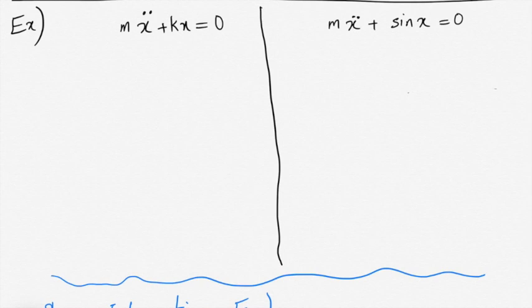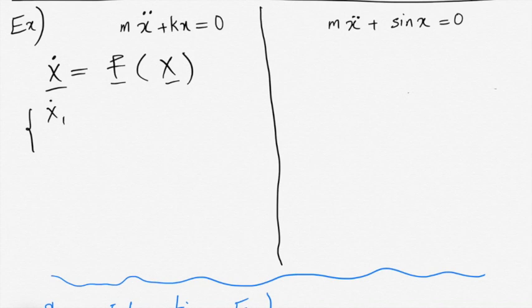So we have this equation of m x double dot plus kx equal to 0, and the desired form that we are seeking is this, right? So for finding this, as I said before, we can use a mathematical trick and define